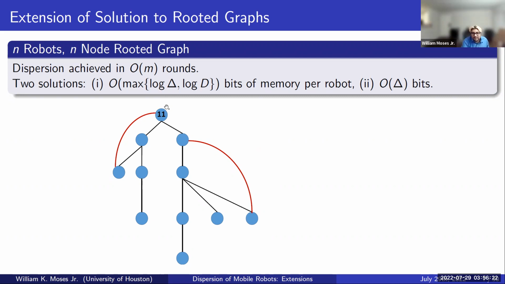And so now the issue becomes, for an arbitrary graph, although actually, sorry, I should say rooted graph because the robots are all at this node, the issue becomes identifying back edges. And so we have two solutions here. One is that each settled robot will maintain its distance from the root. The moment a robot settles, it can remember how far away from the root it had to explore before it settled down, or at least the distance to the root of its parent,